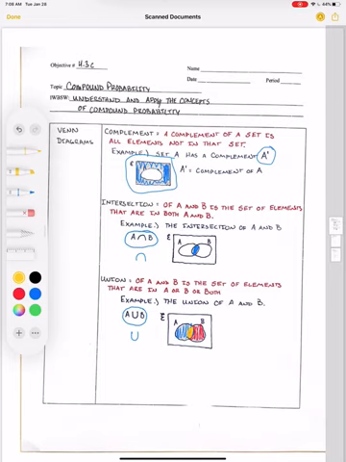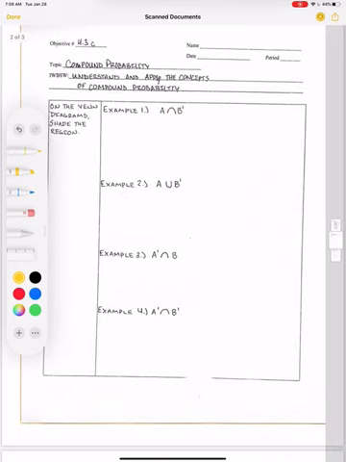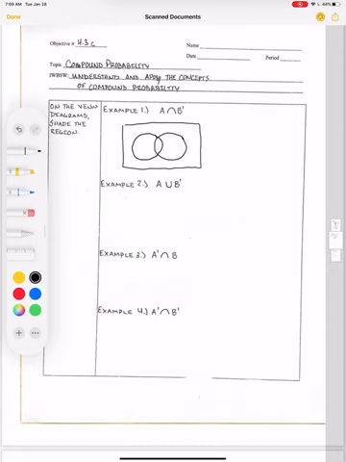All right, we're going to look at some examples of unions and intersections and complements. So, on the Venn diagram, we're going to shade the regions. We have example 1, A intersect complement of B. So first what I'm going to do is draw this out. I'm going to draw my circles. I have A and B. That's A, that's B. Great. Okay. So I have A